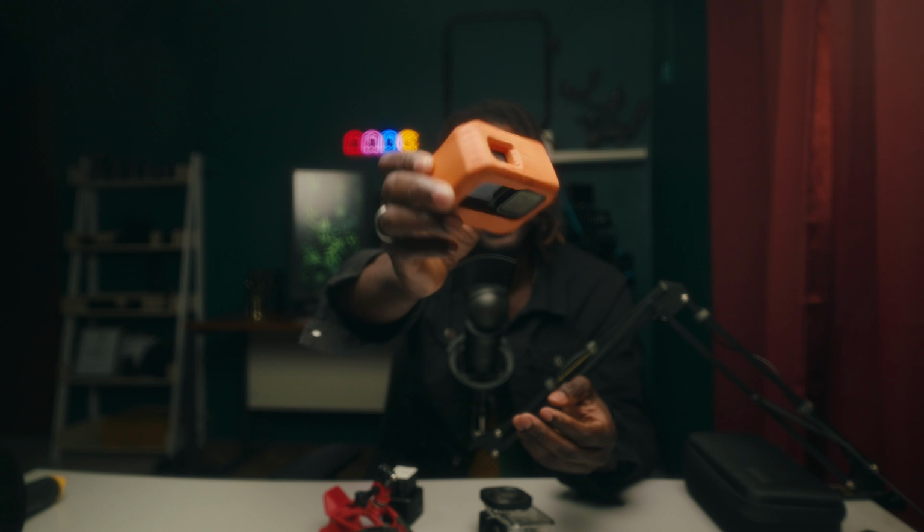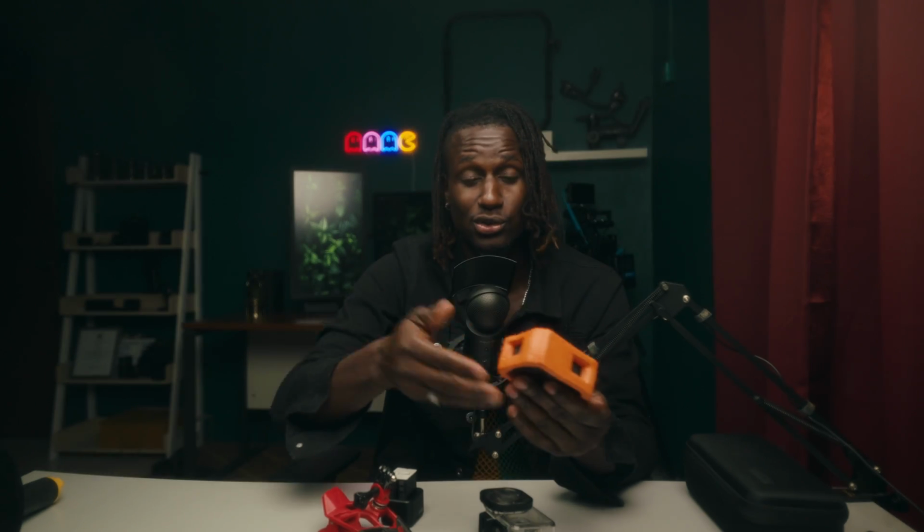So this is like a cushiony thing for it as well. You can actually just use it out of the water as well, but it's really good, it's really protective for the GoPro. The last thing that I normally use with my GoPro